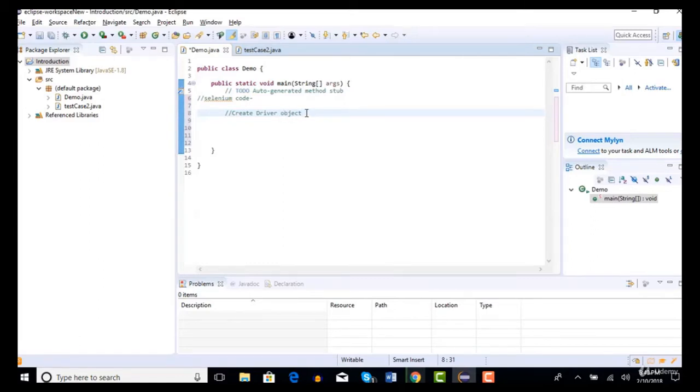Now I will start with Chrome because Chrome is the stable one if you want to start with Selenium. If you want to practice and get hands-on, I would recommend you to use Chrome because Firefox and IE are a little shaky and they give some turbulence when you start working. That could be because the latest Selenium version may not support the browser you are using. So there are a few problems, but still you can clearly automate. If you are experienced, then you can handle those very well.